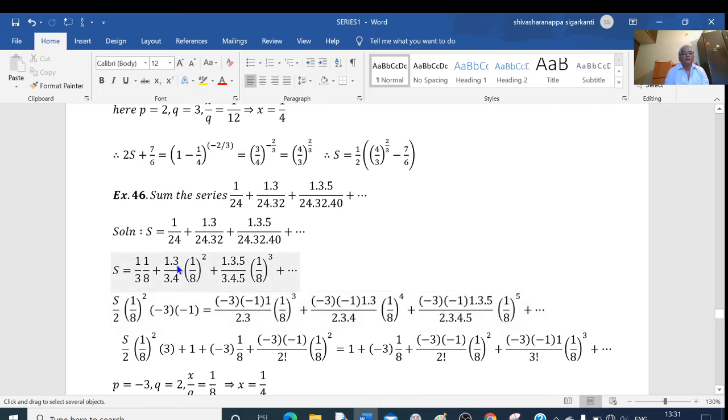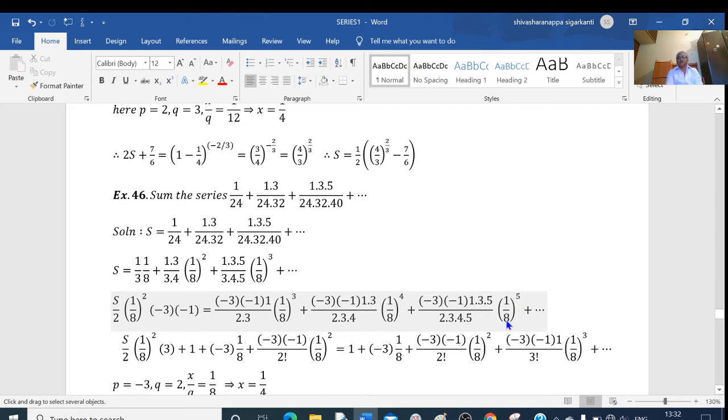Plus, coming to this term, here also I am multiplying by minus 3, minus 1. Okay, minus 3, minus 1 is there. And these two terms as it is. In the denominator, I am dividing this equation by 2. So 2 I am writing here. And also I am multiplying this by 1 by 8 square. This becomes to the power of 4. Plus, similarly the next term, minus 3, minus 1 I am inserting. 2 I am inserting. And power 3 was there. Now by multiplying by 1 by 8 square, this becomes to the power of 5.